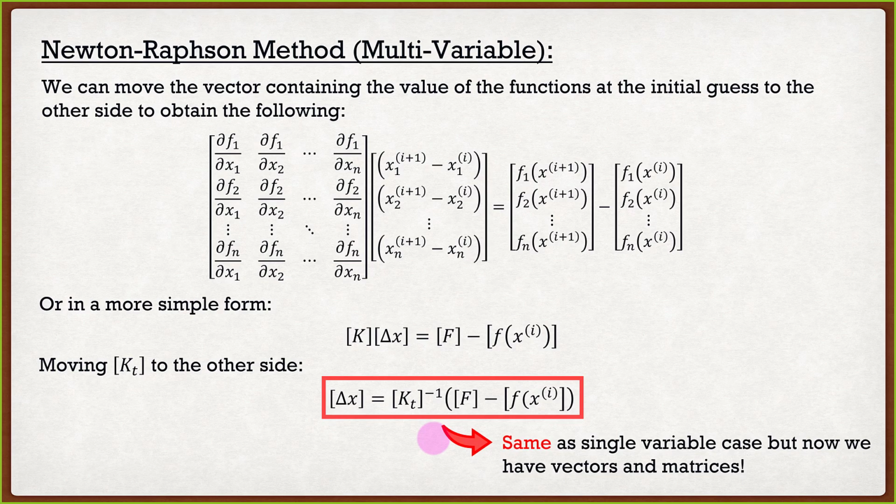That's the only difference. So remember before when I moved that kt as an inverse, so I said kt to the -1, and you guys are thinking, this guy's nuts, this guy's Looney Tunes. Well, this is why. It's because it allows it to keep it consistent no matter how many variables that we have. Now, if this looks crazy, don't worry, we're going to solve an example and hopefully it'll make a little bit more sense. But as we mentioned, there's other things that we have to consider now.